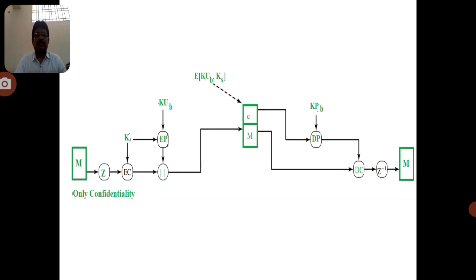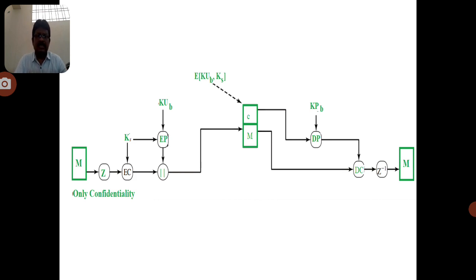So whenever we send an email to the destination, it can automatically be secured. That message can be compressed with the help of Z, that message can be encrypted with the session key KS, and again that message is encrypted with the public key of the user B. Similarly, whatever operations we do in the encryption, the opposite operations are done on the decryption side. So the session key is common, that is the KS.